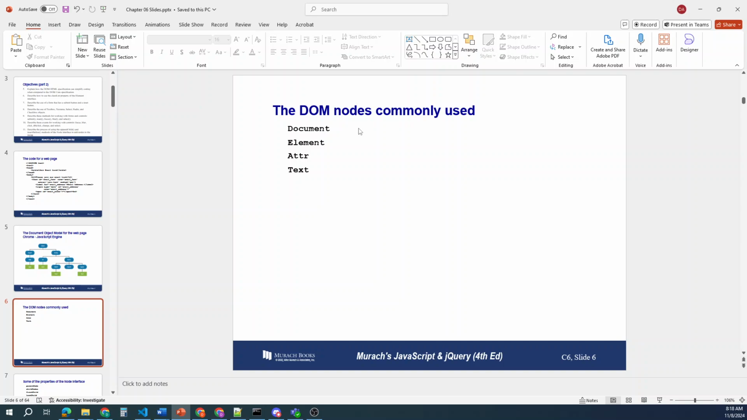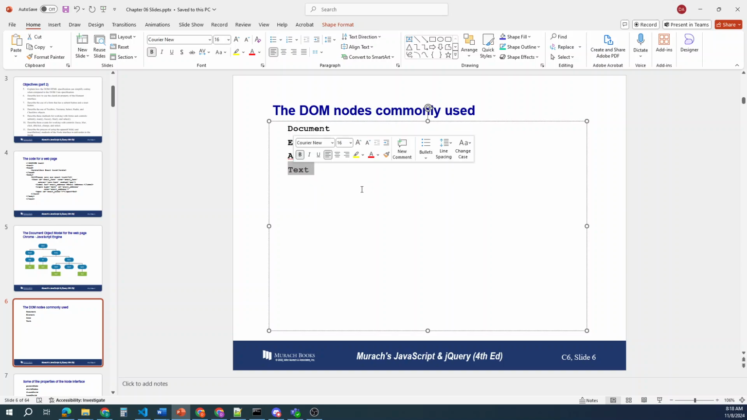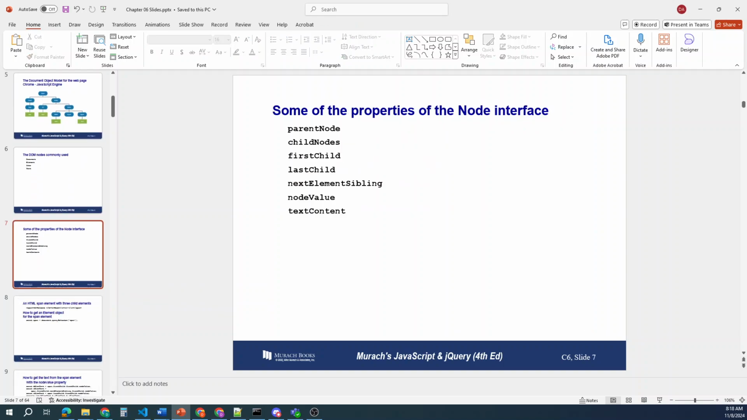So the DOM nodes commonly used: document, of course, document.getElementById. There's element, the attributes, and text. And we've used all these already, so these shouldn't be anything too new to you. Some of the properties of the node interface: parent node, child nodes, first child, last child, next element sibling, node value, and text content. We've worked with all these at one time or another, or pretty close to them all,